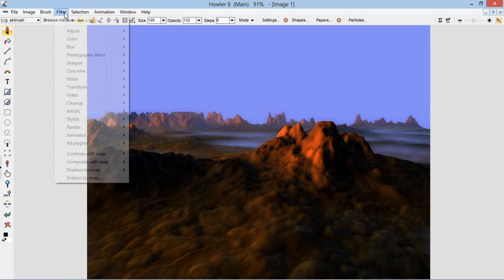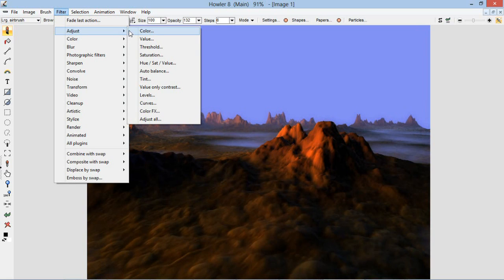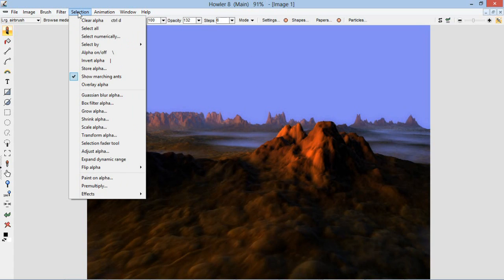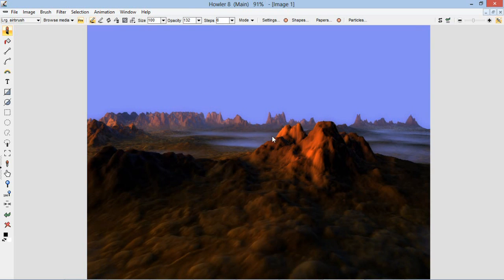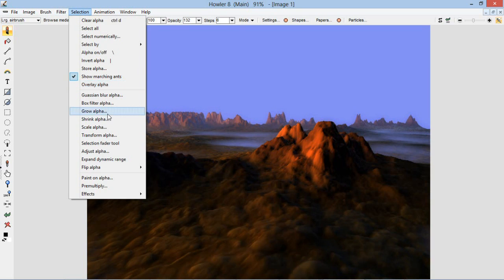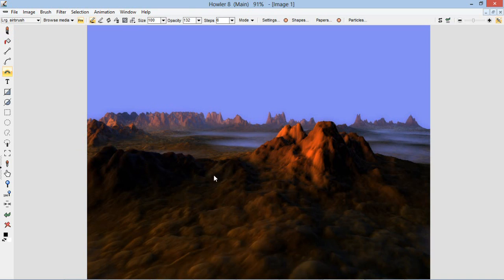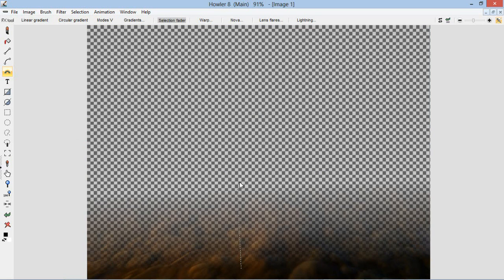And speaking of colors, we could also go in and adjust the colors. But we don't want to just adjust colors all the way across this image. We want to adjust colors in a way that's more smooth and natural looking. For example, the sky would usually have a horizon that is lighter than the top of the sky up here towards the top there. So I'm going to use one of my favorite tools in the program, the selection fader tool. I'm going to start at the bottom, drag up to the top,